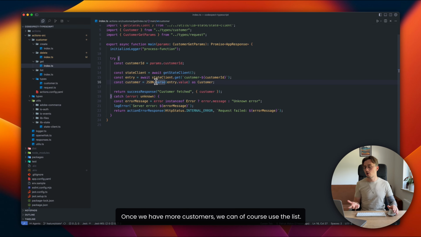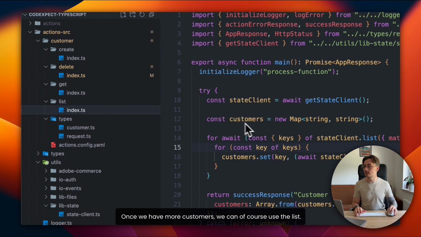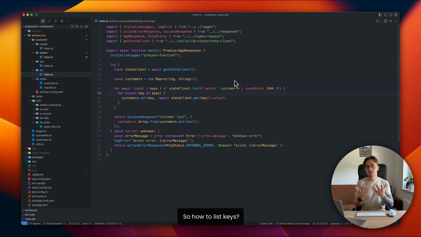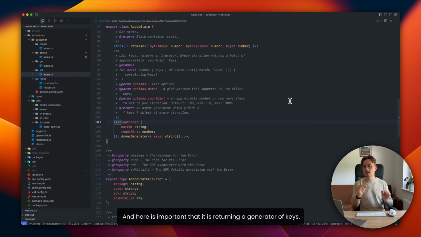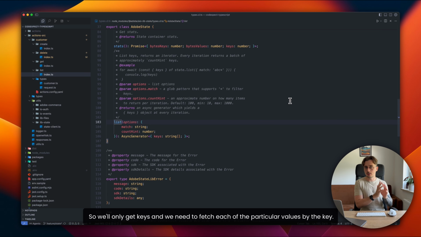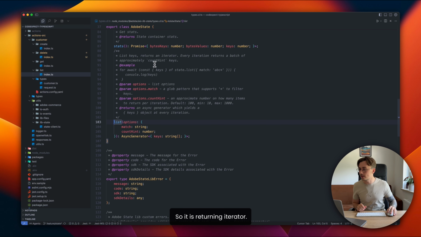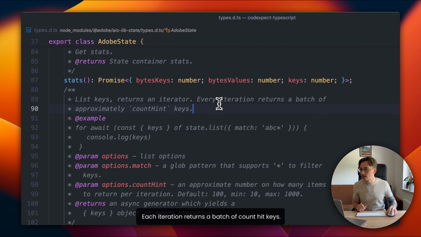Once we have more customers, we can of course use the list. So how to list keys? We can use the list function, and here it is important that it is returning a generator of keys. So we'll only get keys, and we need to fetch each of the particular values by the key. So it is returning an iterator. Each iteration returns a batch of